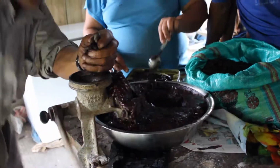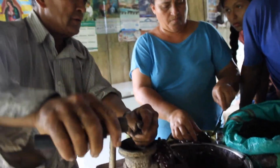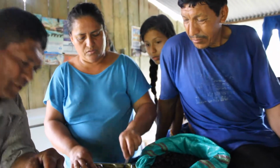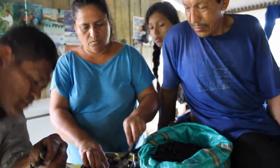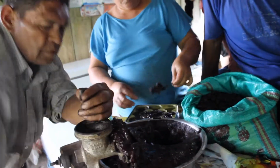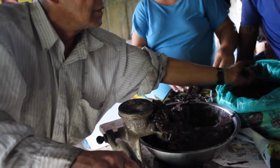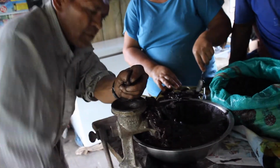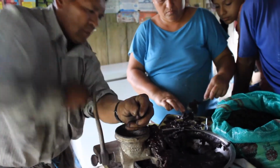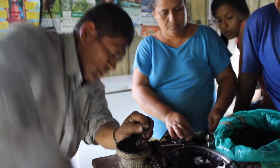So I got tired pretty quickly, and then Don Mario came and took over. You can tell that he's a lot stronger than me, and he's just doing this with one arm. Doña Fanny is actually preparing a gift. So you take this sort of very moldable chocolate or cacao butter, and you put it into whatever mold that you want it to. So here she's sort of repurposing this cookie container that has all of these sections in it, and she was preparing like a gift